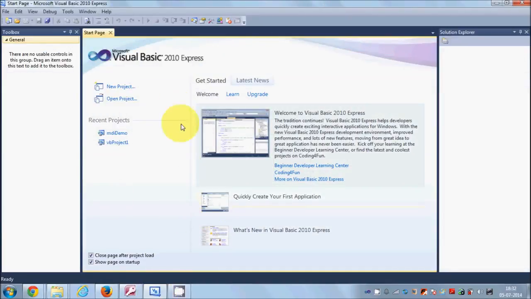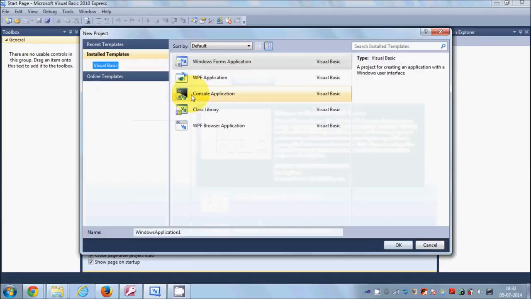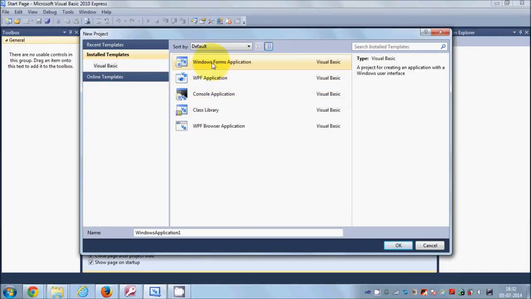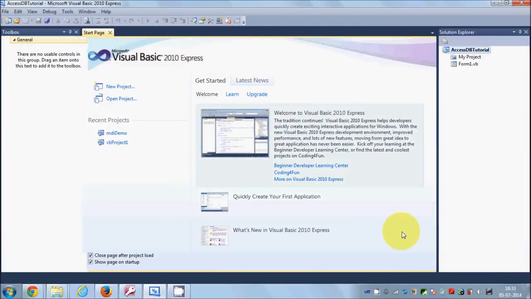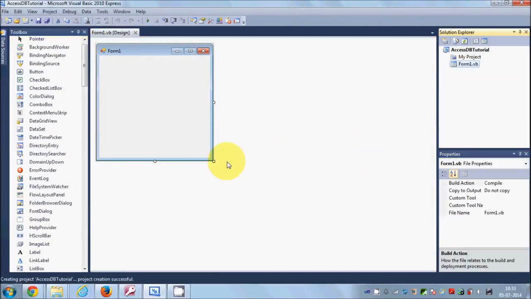Now once you have your database created and you have some data in it, you can go to your Visual Studio and create a new Visual Basic project. So I will click new project and make a Windows Form application, and I will change the name of my project to Access DB tutorial, and I will click OK. This will create a project for us,